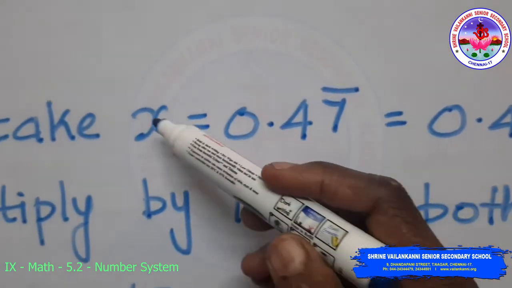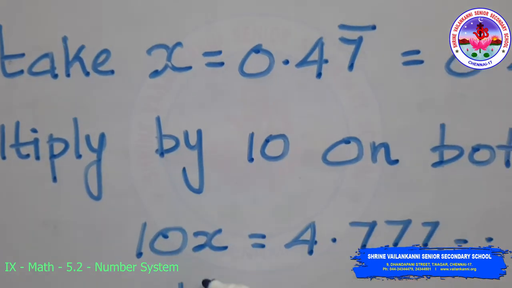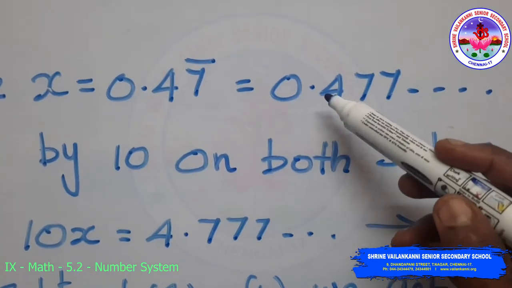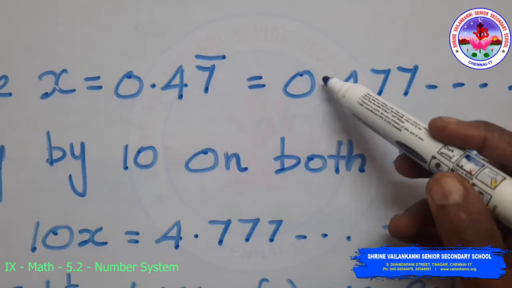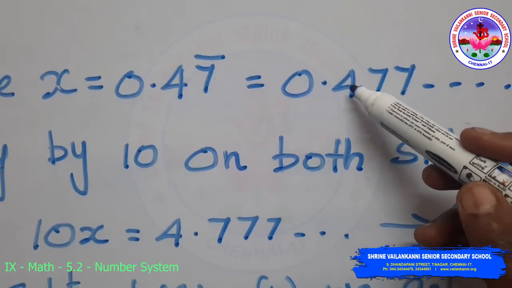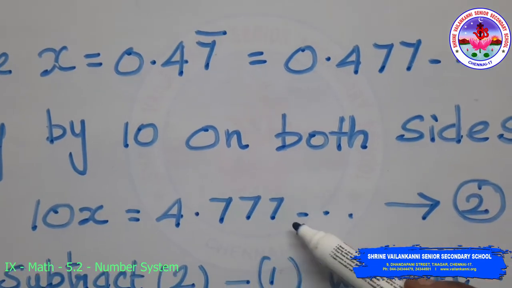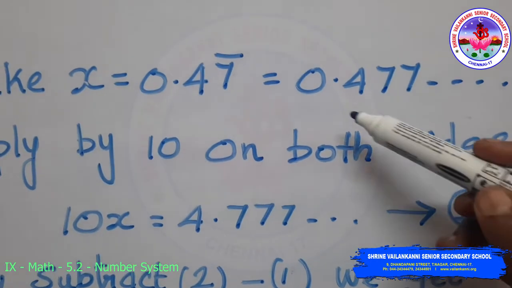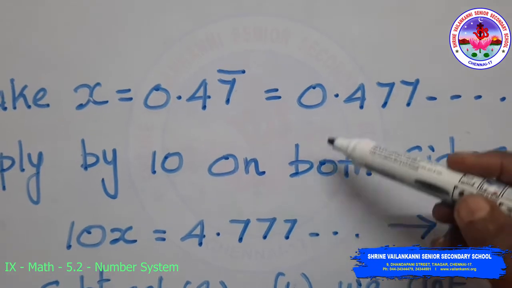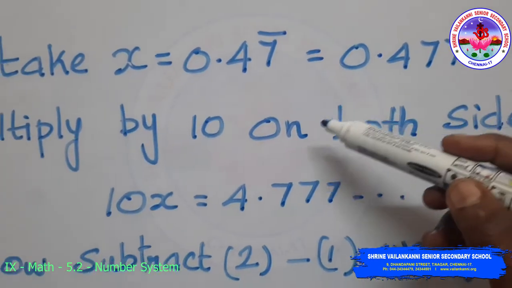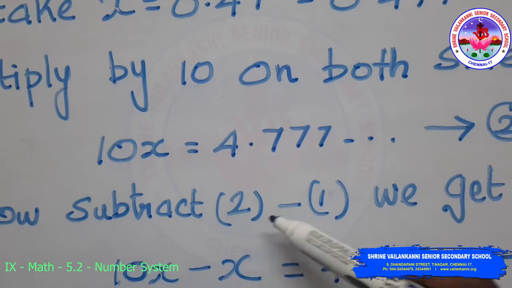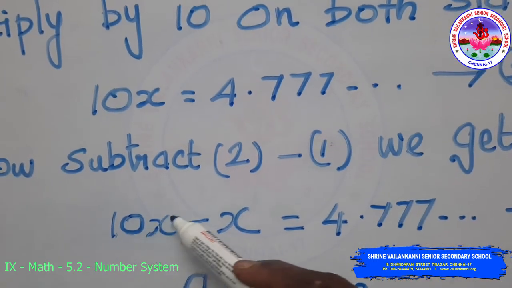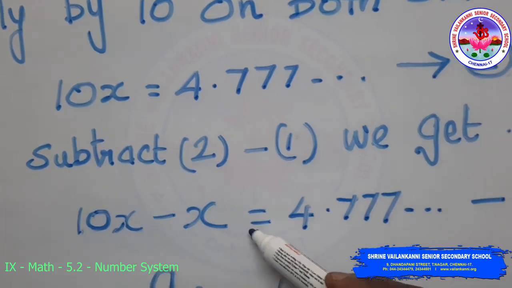So I will get 10x is equal to, if I multiply 10 with 0.477, the decimal point jumps here, so I will get 4.777, calling this as equation 2. Now I am going to subtract equation 2 minus equation 1. So subtracting 2 minus 1, we get 10x minus x is equal to